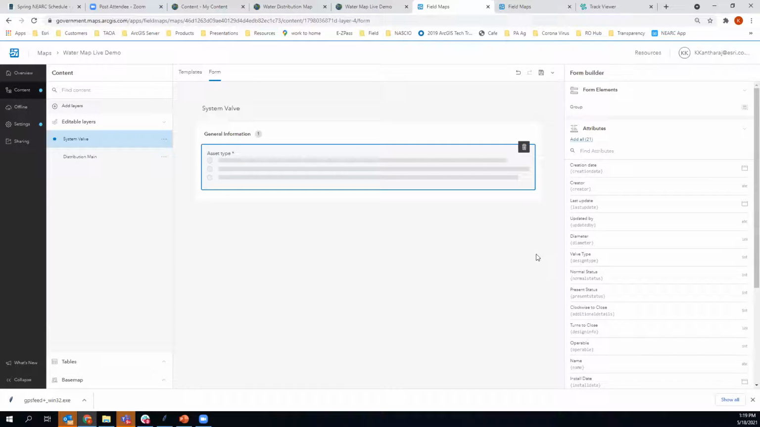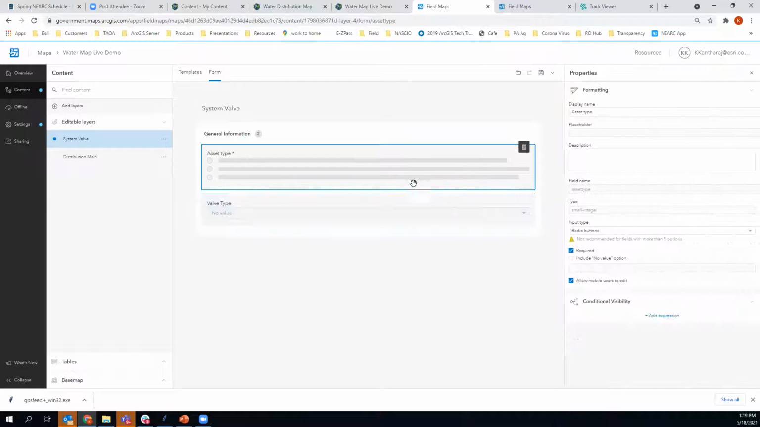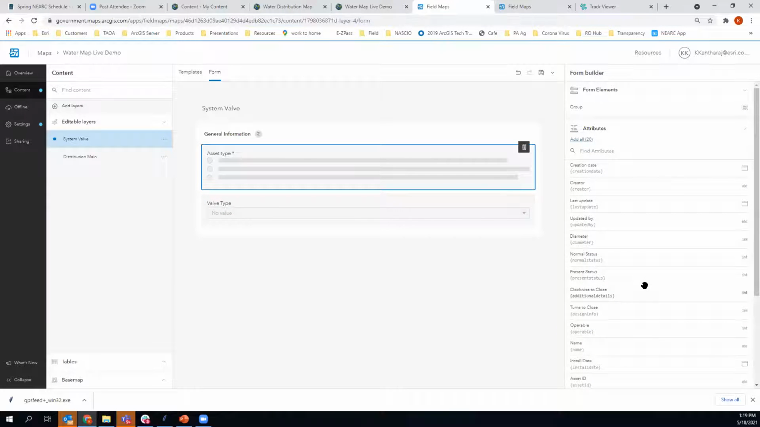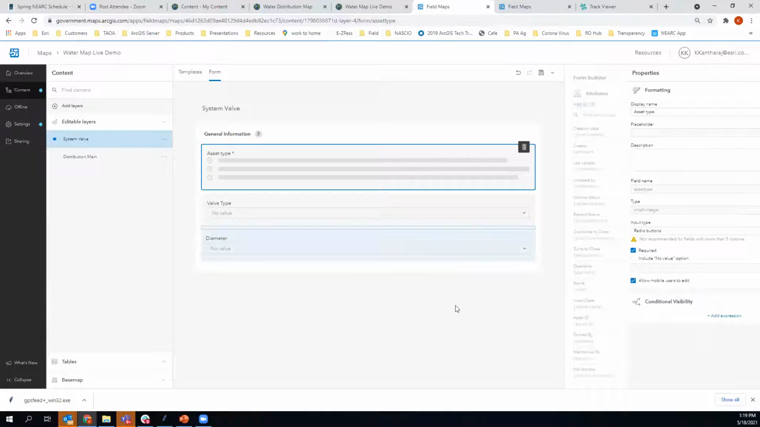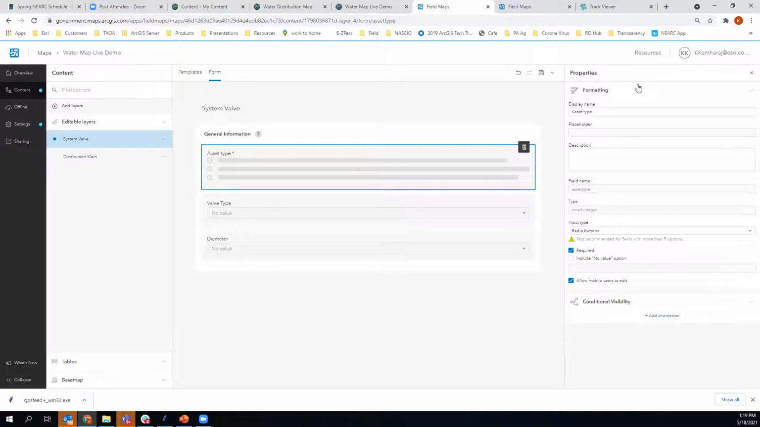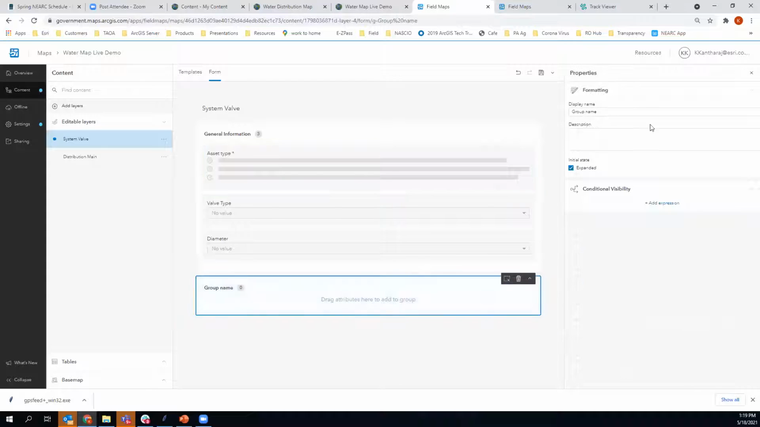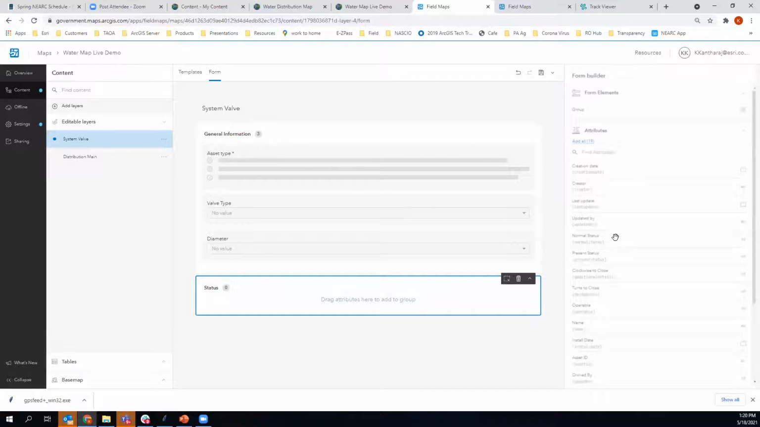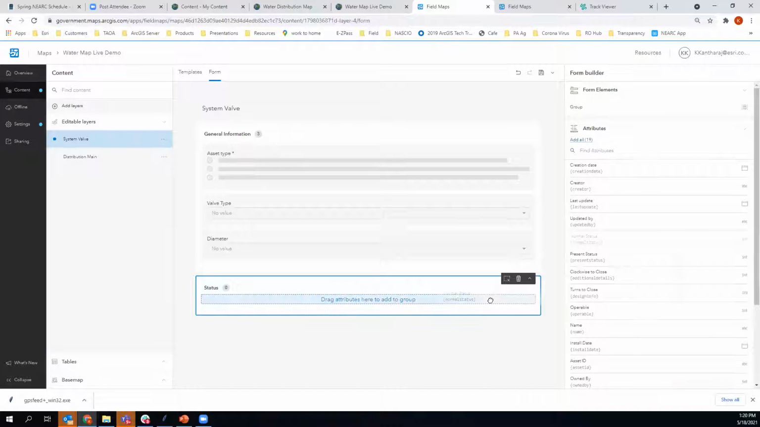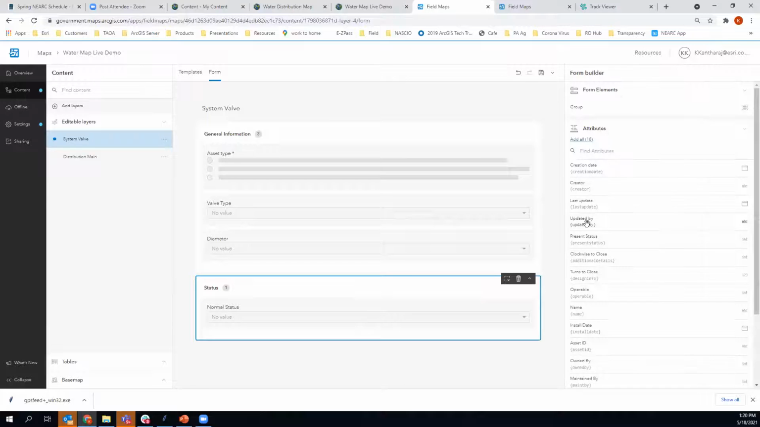I'm going back and I'm going to go ahead and add a couple more attributes. So I have field type, and I also want to add the diameter to this general information. Now I'm going to go ahead and add another group here, which is called status. I'm going to name this as status. And under status, I'm going to have normal status and present status as two attributes,